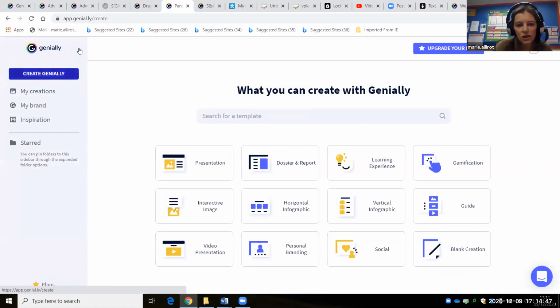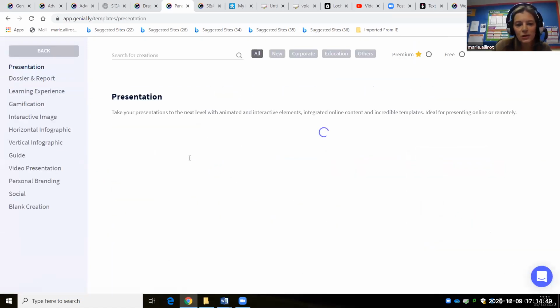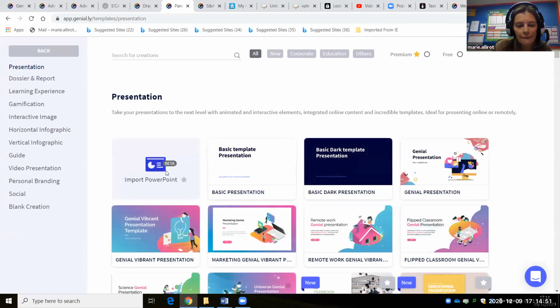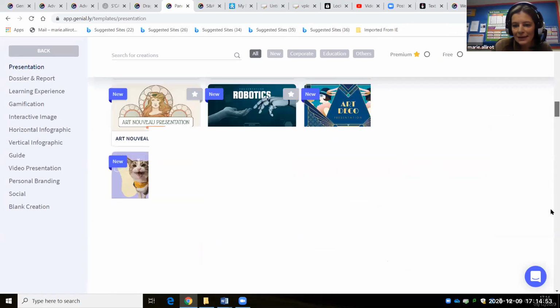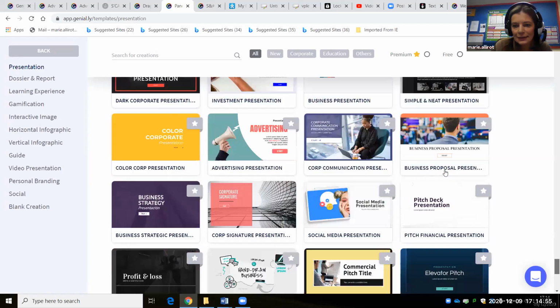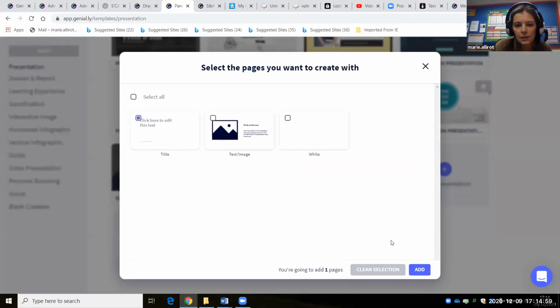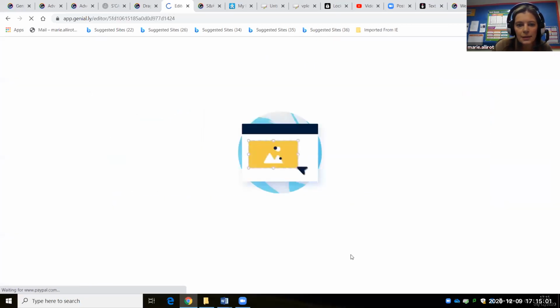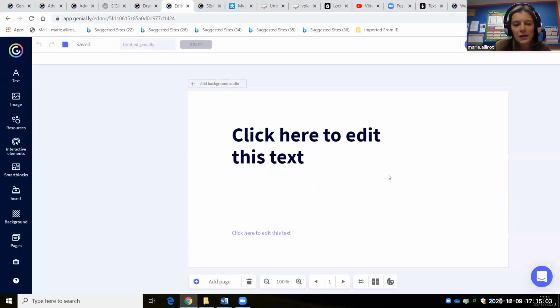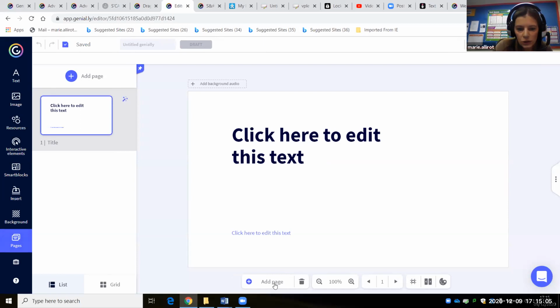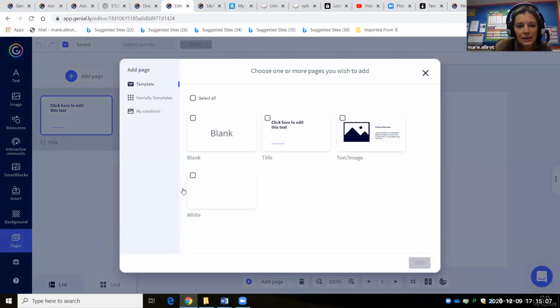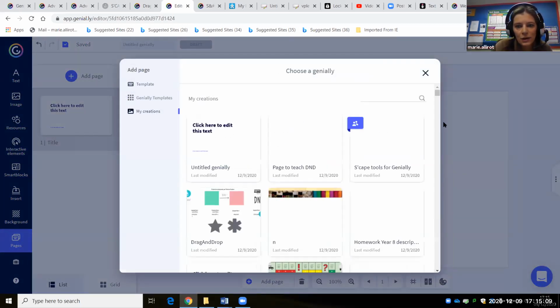So if I create Genially, presentation, for example, blog presentation, use this template, add. Now if I want to use the Scape tool, I need to add a page, my creation.